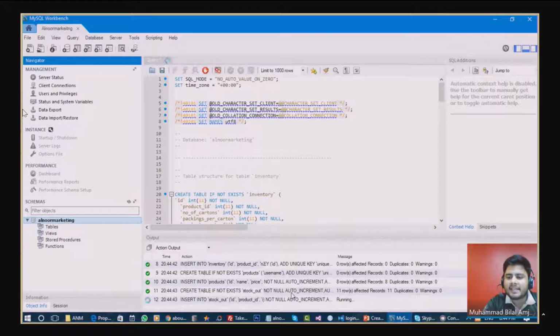Perfect. So my data along with the tables, the entire schema, has been migrated to the live MySQL version in a few seconds. So if I refresh,